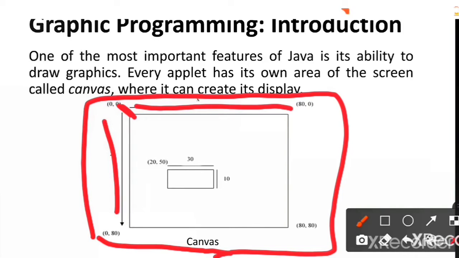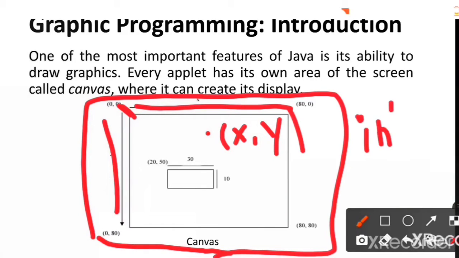So here a point on this canvas is nothing but a pixel with the values x and y. Because we are representing the values of the coordinate system in terms of pixels, these pixel values must always be integer values. Okay. So next,